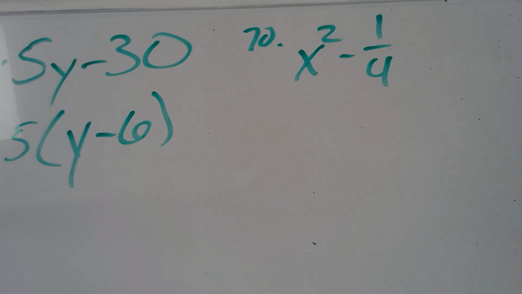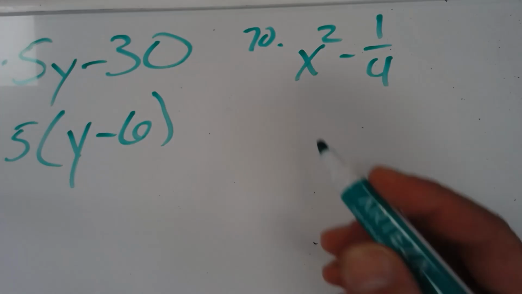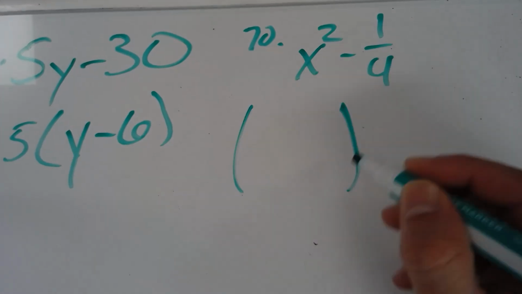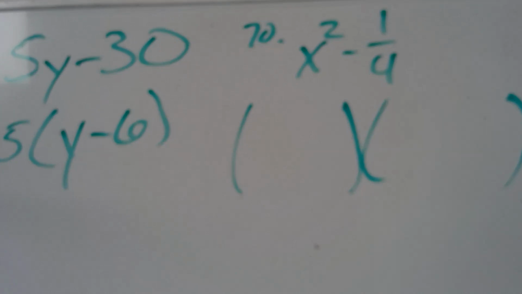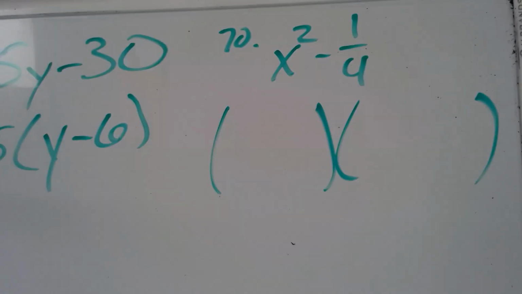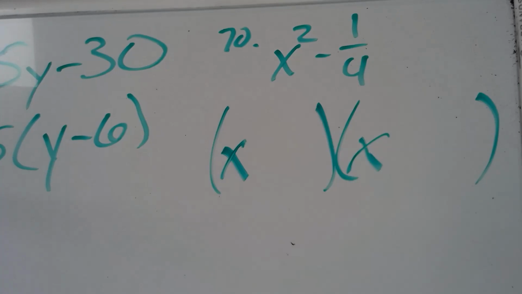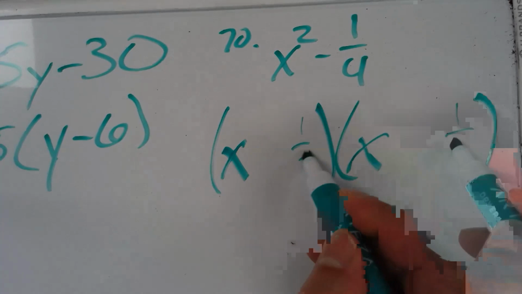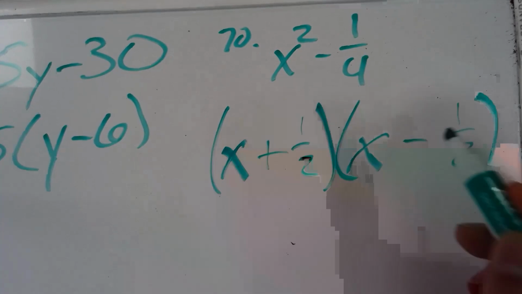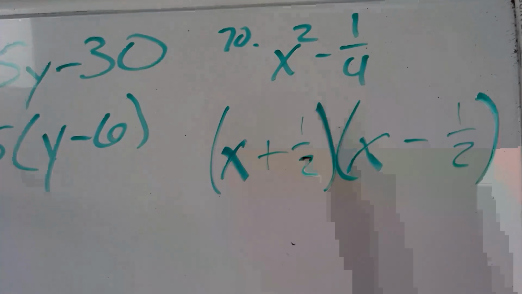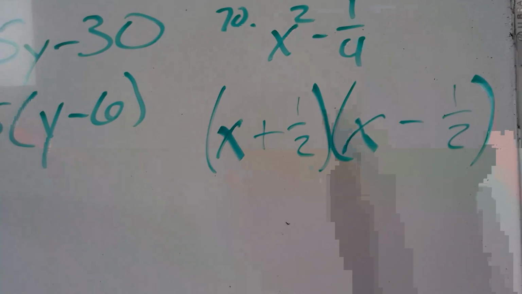I like to set up my parentheses. Boom. What's the square root of x squared? X. Put one there, put one there. What's the square root of 1/4? 1/2. Put one there, put one there. One gets a plus, one gets a minus. Boom. Right, super easy to check all of these because whatever you say the answer is, you should be able